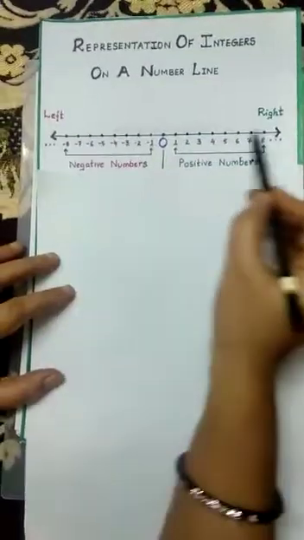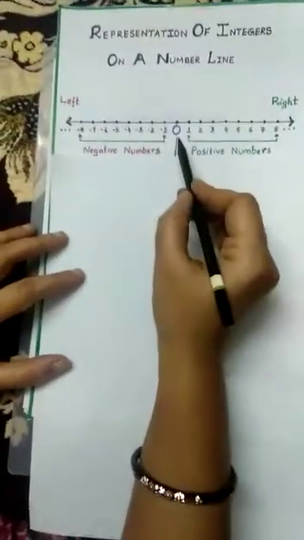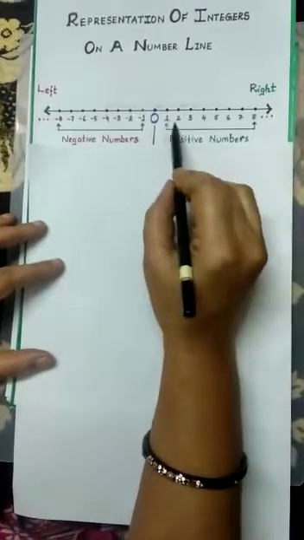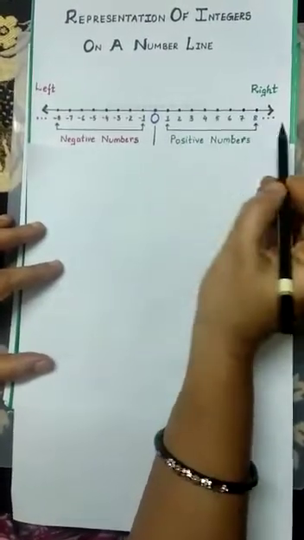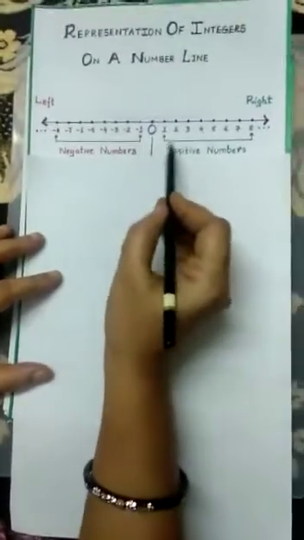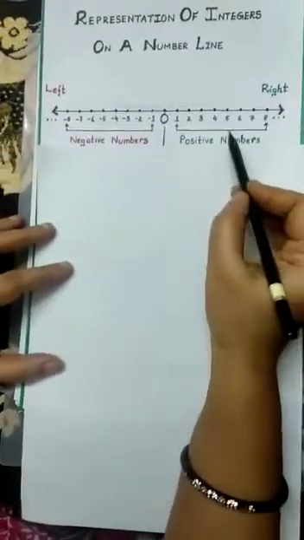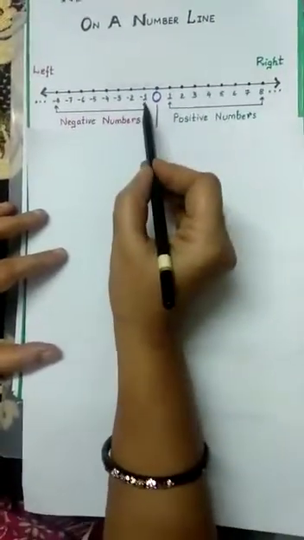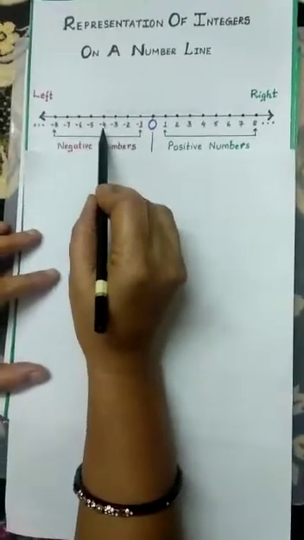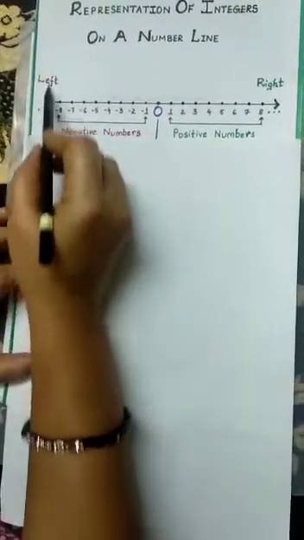Just it is like a straight line like this and we have to mark 0 at the center. All the positive integers like 1, 2, 3, 4, 5 and so on we have to mark at the right side of the 0. These positive integers may be written with or without sign. Now all the negative integers like -1, -2, -3, -4 and so on we have to mark at the left